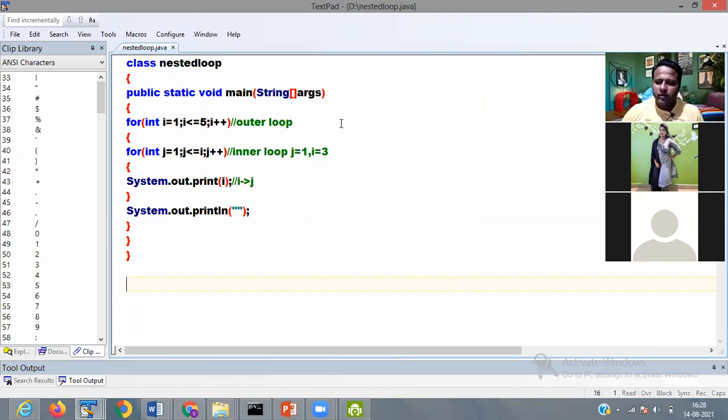So this is the nested for loop that we are using. int i is equal to 1. So how is it displayed? First, I will show you.